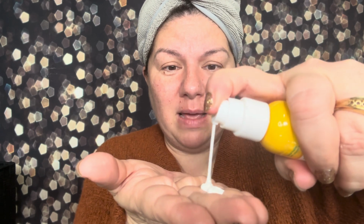I got it on sale. Ta-da! It's normally $16.99. I got it for $5.29. Okay. Hey, you know what? I don't care if it's reduced on clearance or whatever. A good deal is a good deal, and it wasn't expired or anything like this. So this is hemp lotion for your face. It has 15% SPF lotion, hemp